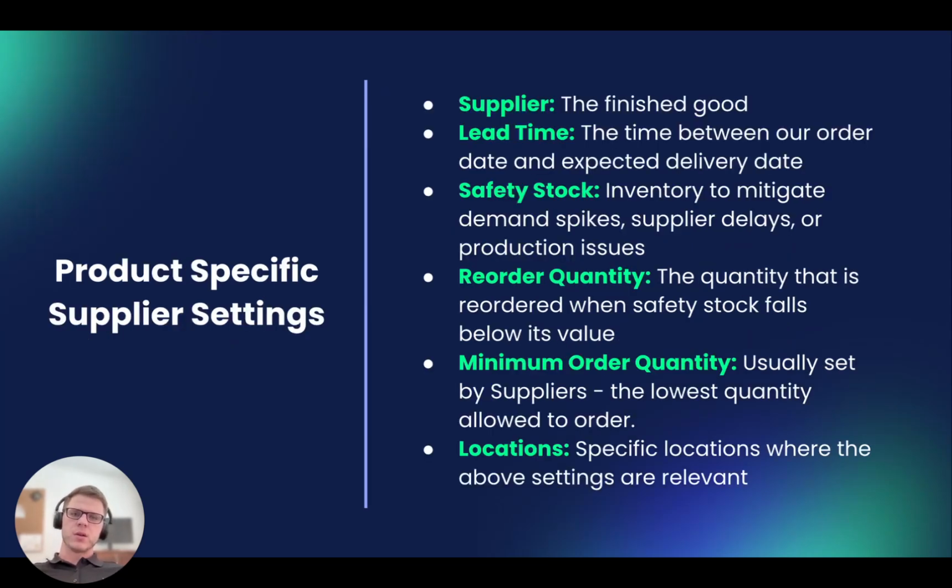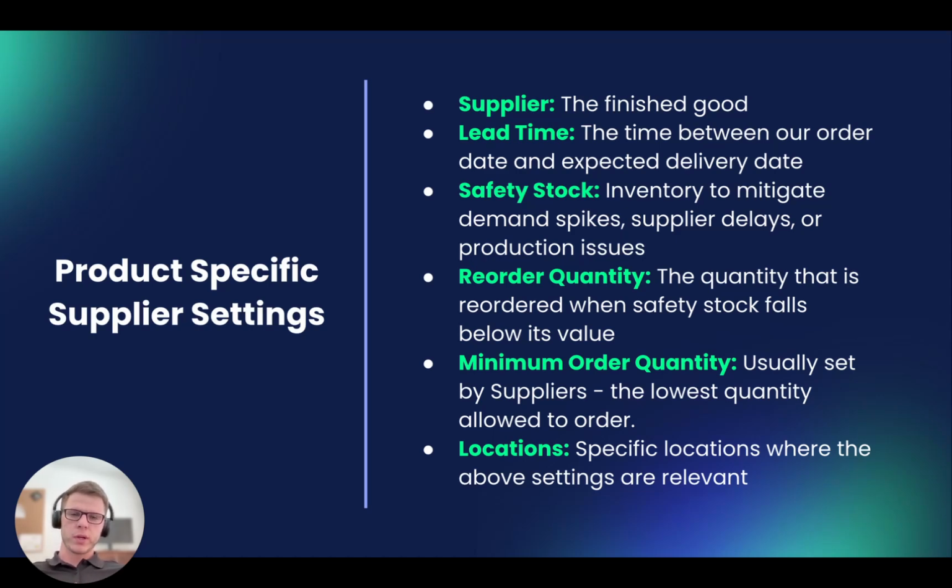Secondly, on the bill of materials for all of the components, or even just that buy and sell example of having one product, we need to specify the supplier settings per product. So we need to say this product is supplied by X, Y, and Z supplier, and then we can tell Cin7 or the MRP to order from a specific supplier, either the cheapest price or the one with the lowest lead time. So lead time is an important metric as well, or variable that the MRP considers, is what is